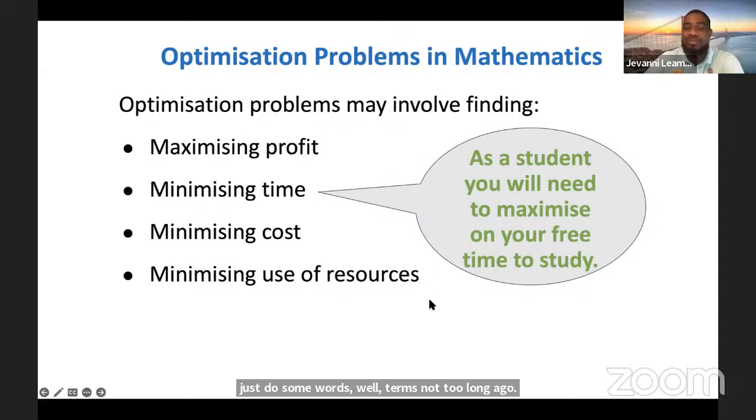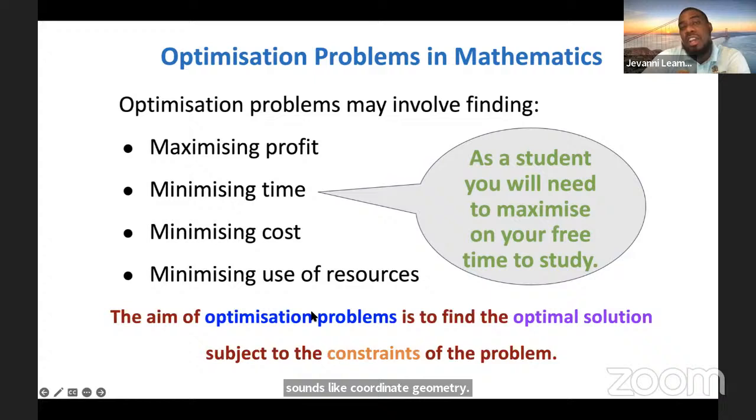Let's see if I get one more in the chat, or anybody who wants to speak, raise your hand and I'll address you. All right, to find the maximum or minimum value of a function. That sounds like coordinate geometry, still-ish. So the aim of the optimization problems is for us to find an optimal solution,